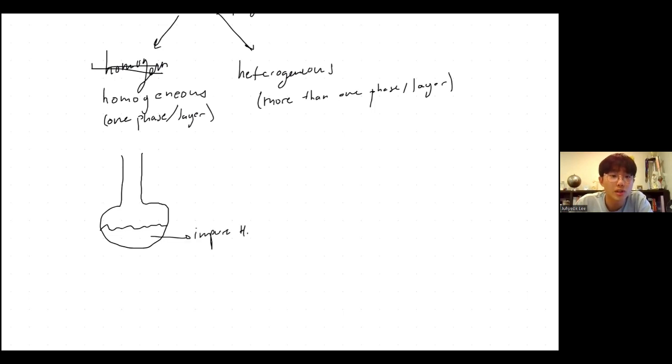And we're trying to make this into a clean solution. So that's what distillation is used for. So there's this little pipe that runs across like this. And we're going to apply heat to this little